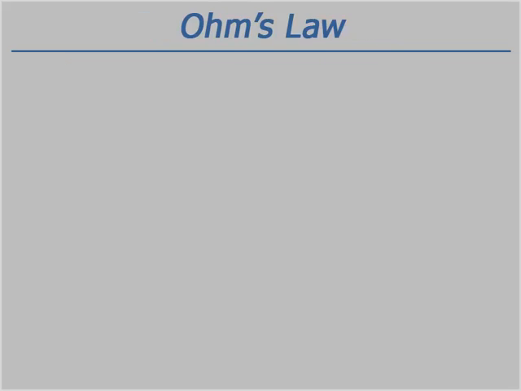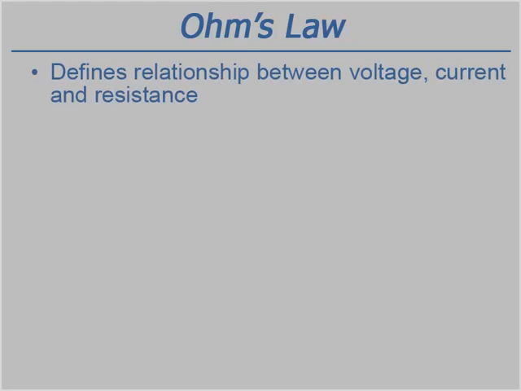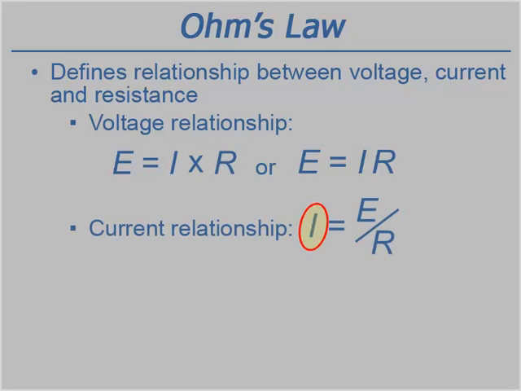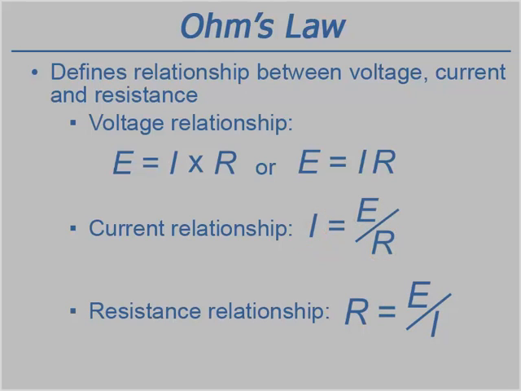In 1827, George Simon Ohm discovered that there was a definite relationship between voltage, current, and resistance in an electrical circuit. Ohm's law defines this relationship and can be stated in 3 ways. 1. Applied voltage equals circuit current times the circuit resistance. 2. Current is equal to the applied voltage divided by the circuit resistance. And 3. Resistance of a circuit is equal to the applied voltage divided by the circuit current,